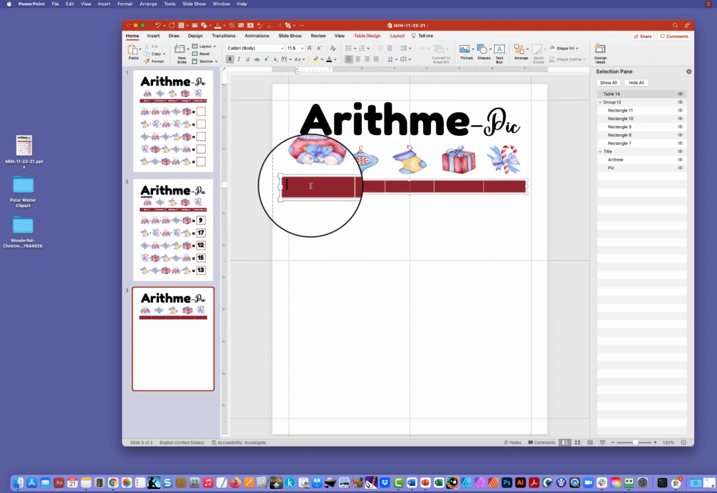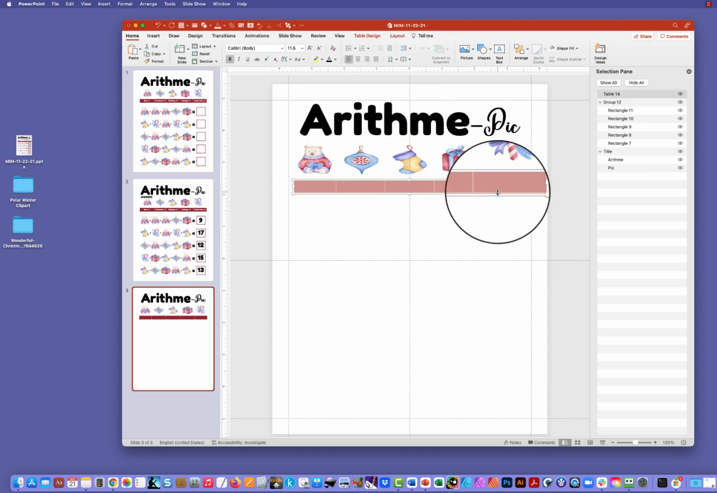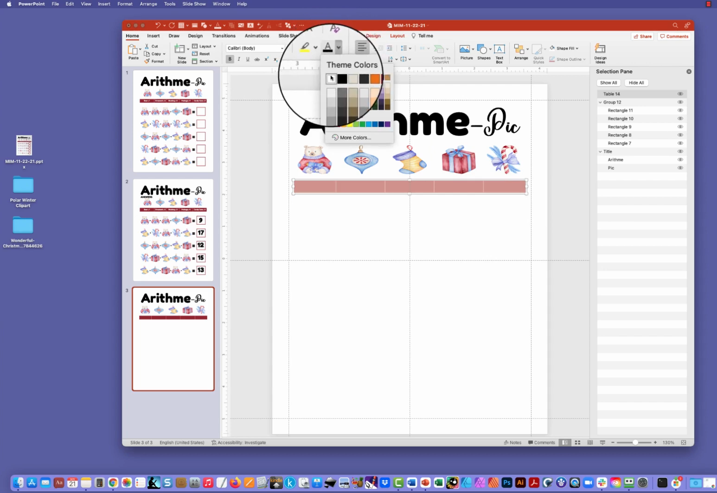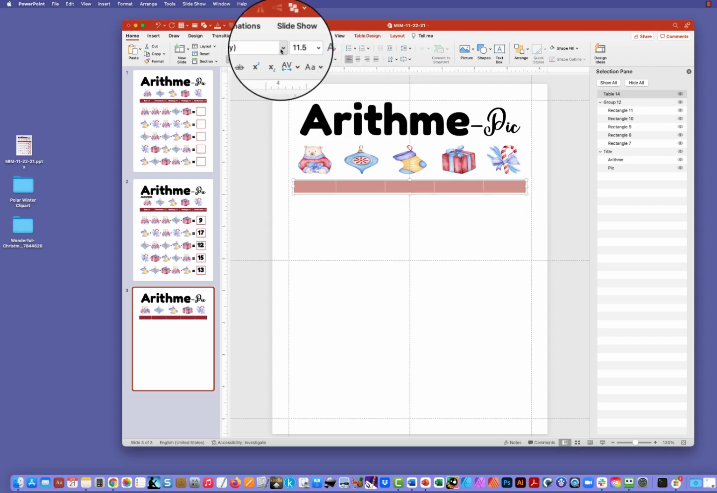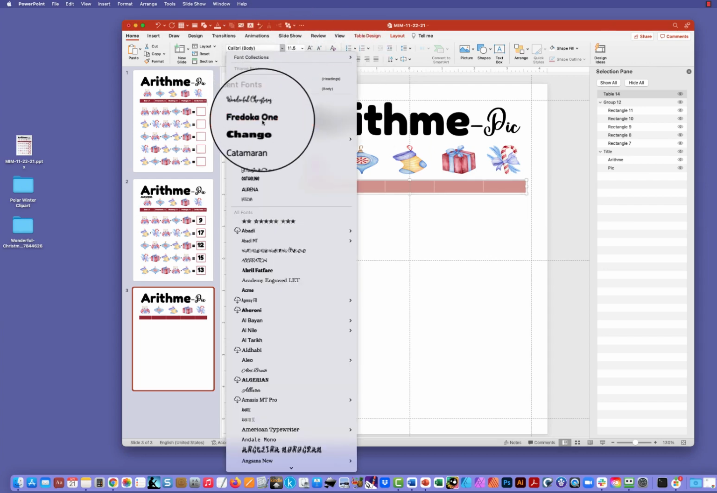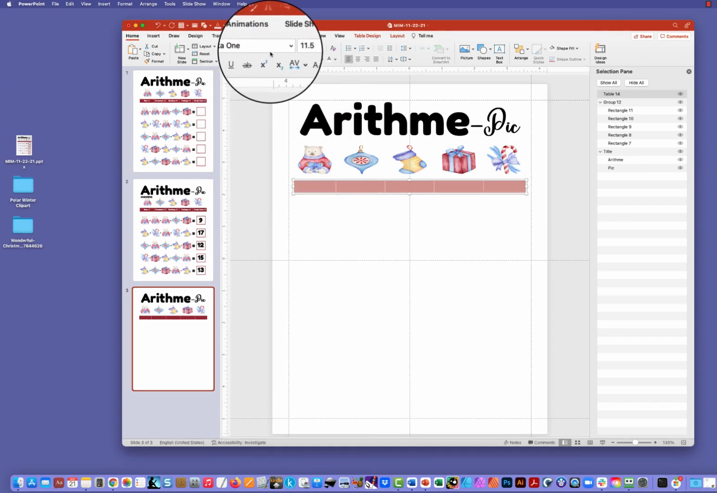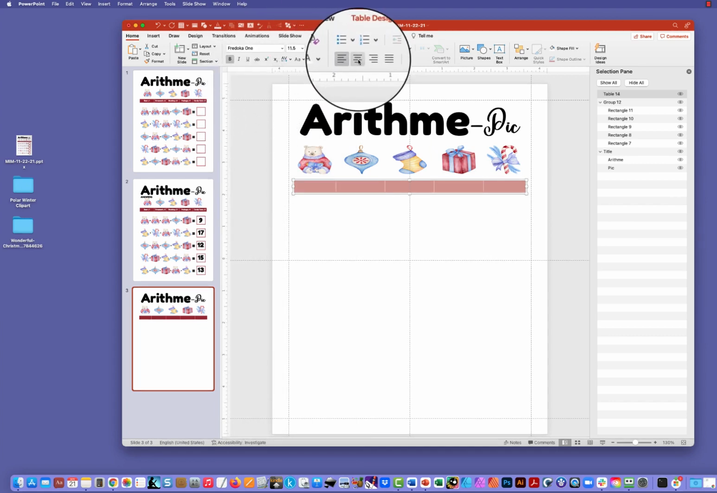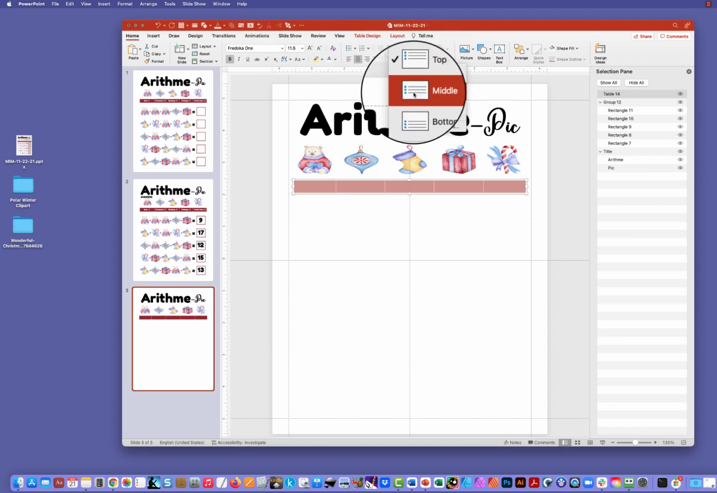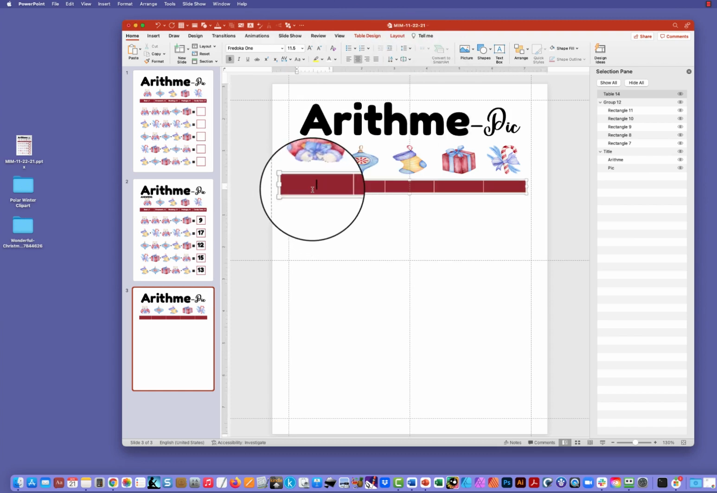So the next thing I want to do is I want to go ahead and write in this table. I want my text color to be white. I'm going to pick up the Fredoka 1 font again, and I want to put these in the center and in the middle. So the bear is going to be